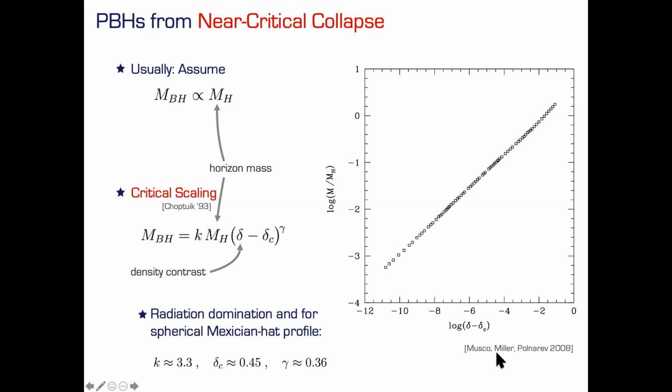I mentioned this yesterday. I was a bit quick, but I'm happy to mention it again. This was found, I think, by a renormalization group analysis in the early 1990s. Then much later, this paper is from 2008, I think, there was numerical work, and some simpler numerical work even earlier. They studied a perfect fluid and a spherical overdensity, and they were tracing the collapse.